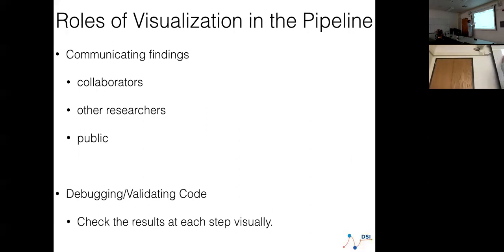When you're communicating findings, there are about three different groups of people you can think about: your collaborators, where you're not just communicating to yourself, other researchers in your field, presumably, and then people outside your field. I suspect here you're trying to get across general science and big picture results, so that people believe you, and they don't want to know the details of what you do. They want to know the big thing, that you're credible. But researchers in your field are probably highly skeptical, so you probably do need to figure out how to minimally get in as many plots that actually prove your point, so that the reviewers can't come back and say, did you try this? Did you try that? Or, I don't believe you.